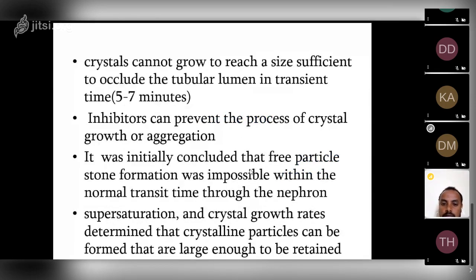So crystals cannot grow to reach a size sufficient to occlude the tubular lumen in the transit time, which is 5 up to 7 minutes. And there are inhibitors that prevent the process of crystal growth and aggregation. So it was initially concluded that free particle stone formation was impossible within the normal transit time through the nephrons. But supersaturation and crystal growth rate determined that the crystalline particles can be formed to retain the